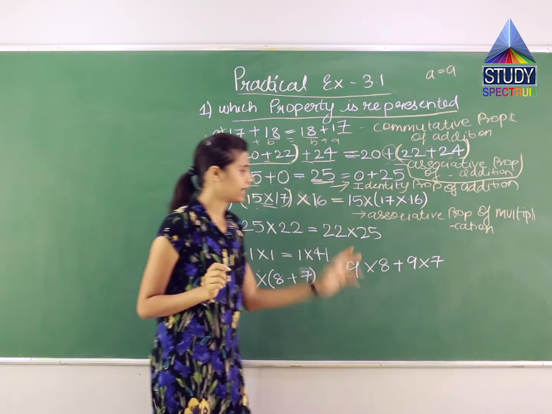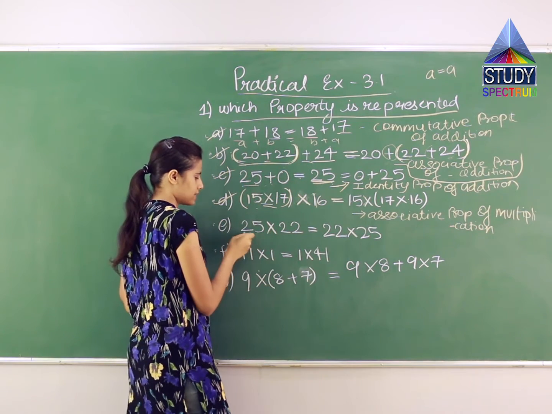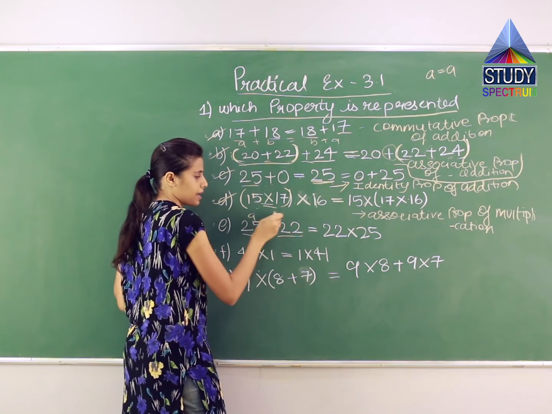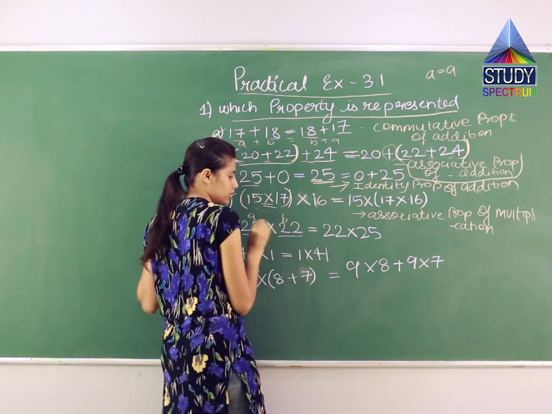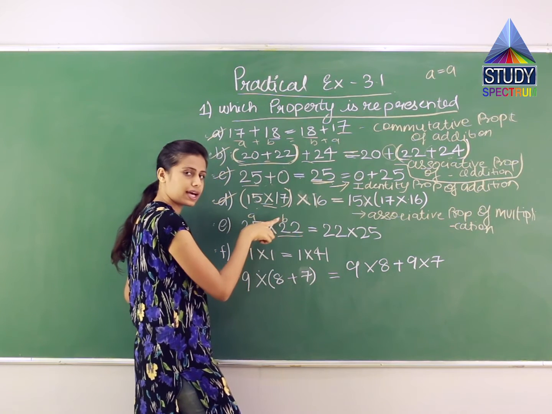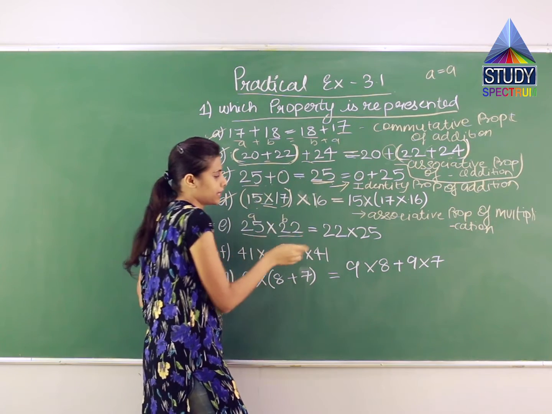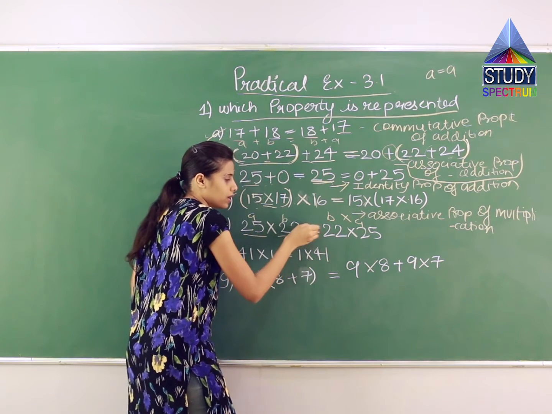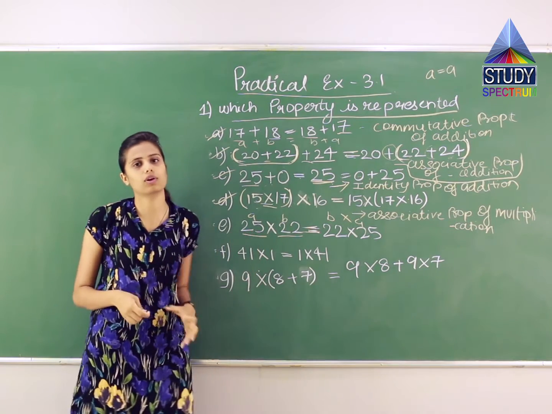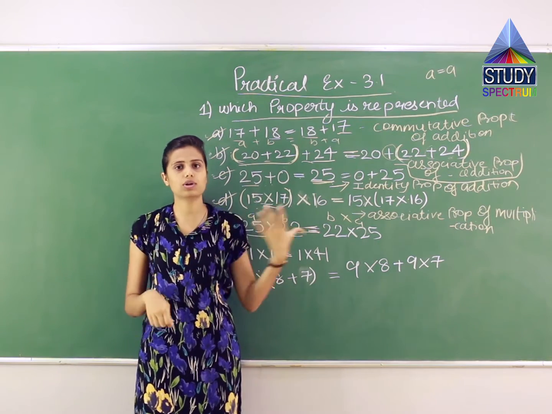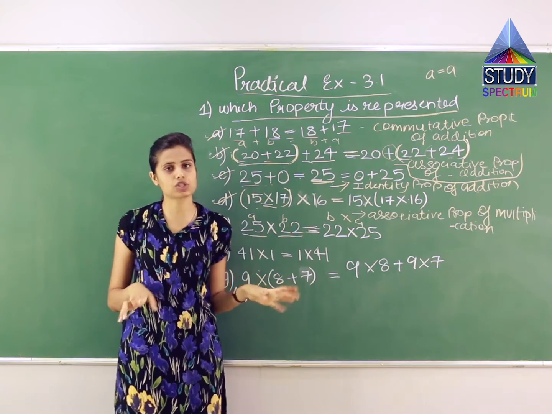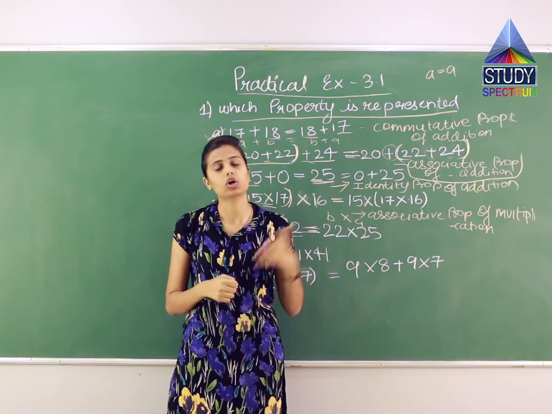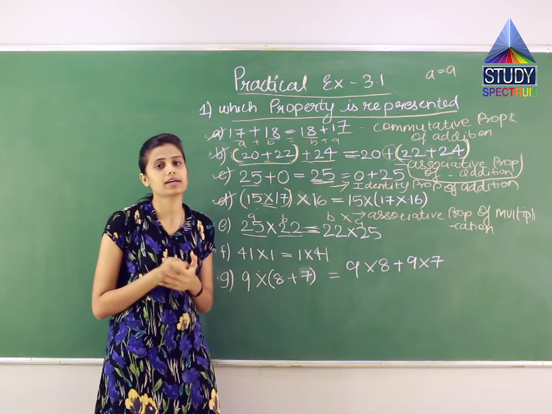Right? Now the next question. In this question they are saying that 25 into 22 means what? This number A is multiplied to B, and this 22 I have called B, right? The alphabet B. So B is multiplied with A will be equal to, the equal sign says that both will be equal. Tell me if LHS is equal to RHS and the place of the numbers does not matter. Here you write A first or B first, it remains one and the same.